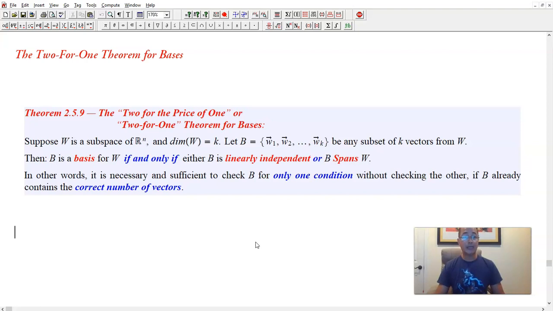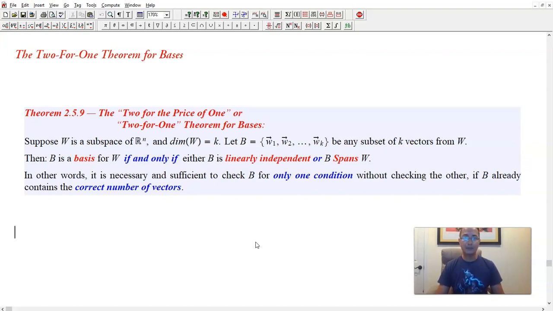Of course, k is at most n. Suppose that W1 through Wk is any subset of k vectors from W. So we know the dimension, it's k, and we are given k vectors from W. Are we guaranteed that this is a basis? Of course not. B is a basis for W if and only if either B is linearly independent or B